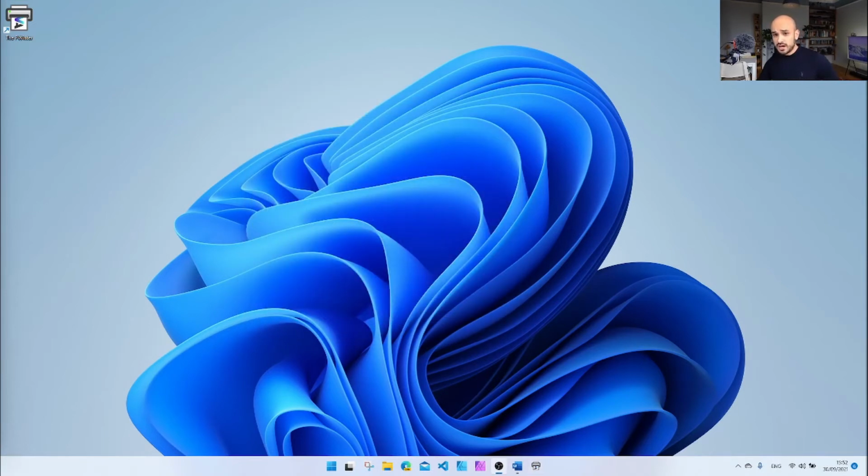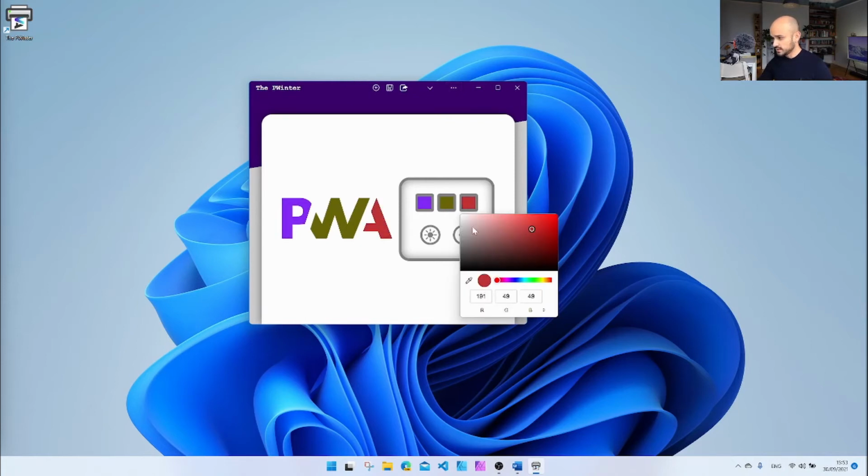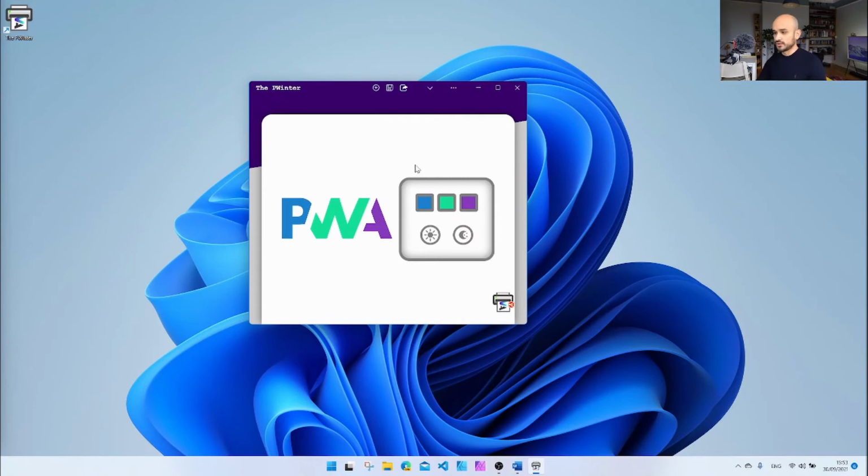I want to share with you now a bit about the WebShare API just so you can see it in action. And I'm going to go ahead and open the application from the start menu. Once we have it here, okay, I'm just going to change this color of the A. Actually, let's just regenerate this logo into something. This is nicer. Just put something more bluish. Okay, so I like this one.